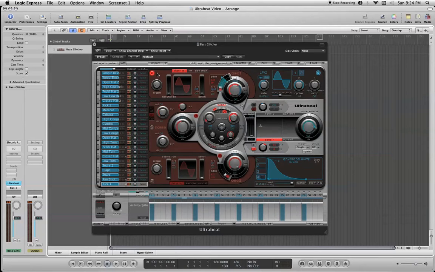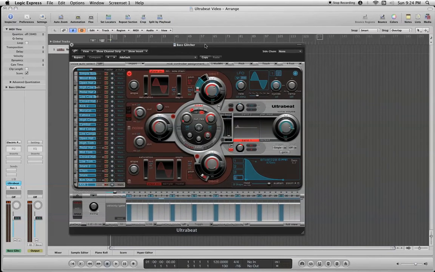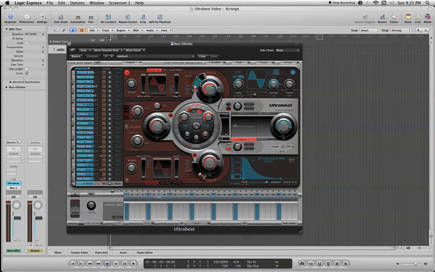Sciences in Rockville, Maryland. Today, I'm going to be demonstrating a simple trick in Logic's Ultrabeat drum machine instrument. And this trick allows you to take audio samples and create cool, glitchy, chopped sequence patterns out of those very quickly. And to do this, what we're going to want to do first is take Ultrabeat and clear out all